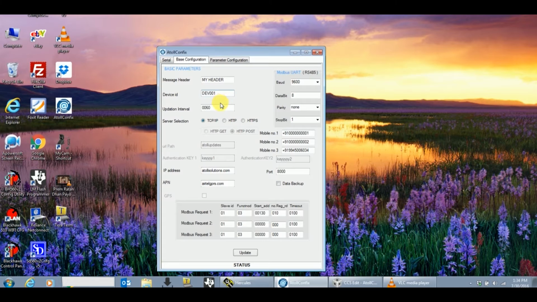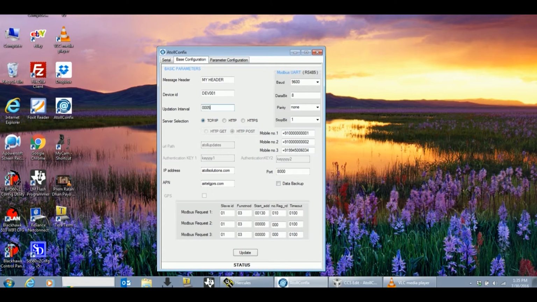The updation interval states the interval at which the gateway must update data to the server. Let's say I want an update every 10 seconds, so I can write 0010. Or if I need to update every 5 seconds, you can write 0005.